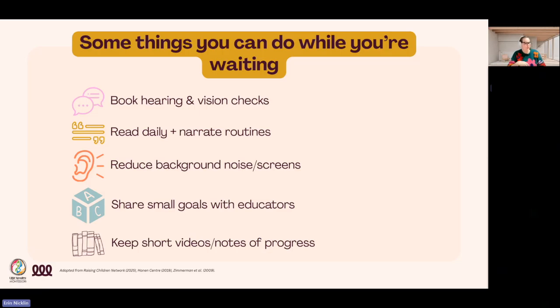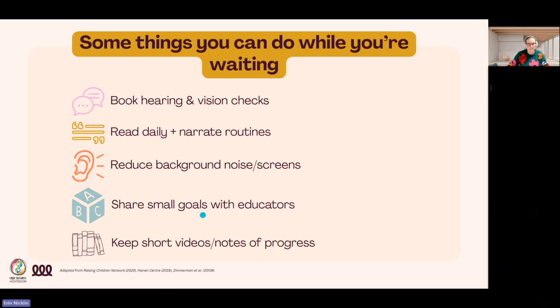And when I say narrating routines, I want you to think about being Morgan Freeman or David Attenborough on a documentary. Just talk about what you're doing, what your child's doing, what dad's doing, what brother's doing. You will drive yourself crazy. And if you start to feel crazy, start to sing it, because the more we can talk and model to our children with good language, the more they're going to get exposure and practice to those language concepts.